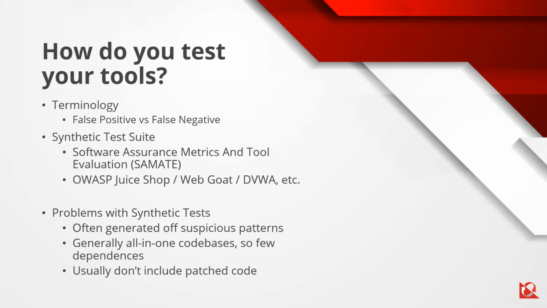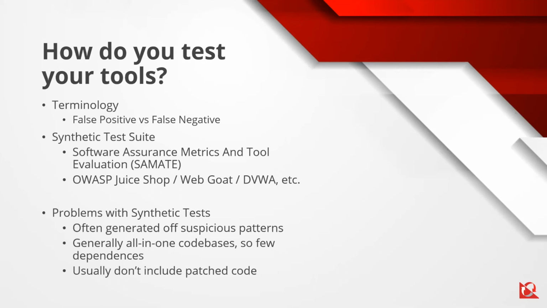So you might start with testing using a synthetic test suite such as SAMATE or intentionally vulnerable web apps such as OWASP Juice Shop or OWASP NodeGoat, as Anthony had mentioned earlier. OWASP Juice Shop is a very polished web app for training pen testers with modern code. There's a few problems with this. It's not really designed to be a test suite, but it could be leveraged as one since the vulnerabilities are pretty well documented. The problem with planted vulnerabilities is that they're somewhat obvious,